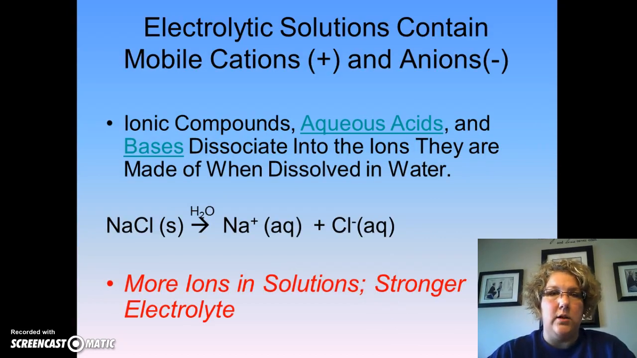So electrolytic solutions contain these mobile positive and negative ions, cations and anions floating around in them, and that's how the electricity is conducted. So your ionic compounds, your acids, your bases, they produce ions when they are dissolved in water. Now, we're going to write out these equations called dissociation equations that just show what a compound